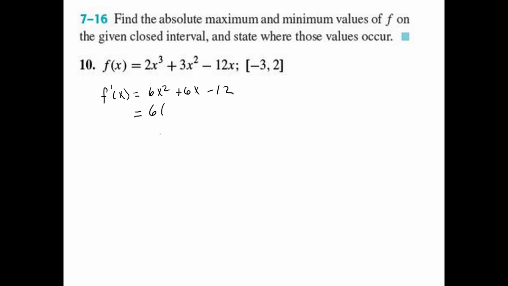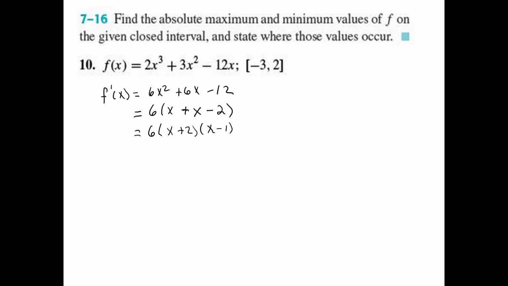And so we can factor out the 6, leaving behind x squared plus x minus 2. And then we can factor that: x plus 2, x minus 1. And so then 2x and minus x make us plus x, so we're good there. So our critical points are at -2 and 1, and my endpoints are at -3 and 2,